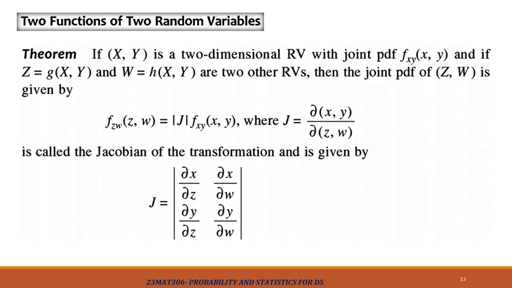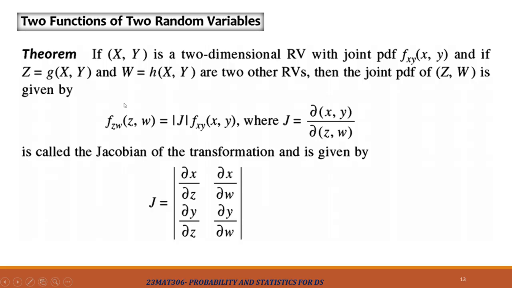In the next concept, we will go to functions of two random variables. Here, a theorem is given. If x comma y is a two-dimensional random variable with a joint probability density function, and a transformation z function is given, and a w function is also given, as two other random variables, then the joint probability density function of z comma w is given by: